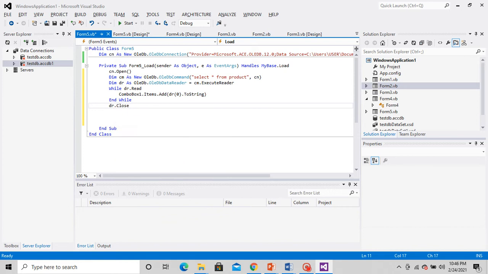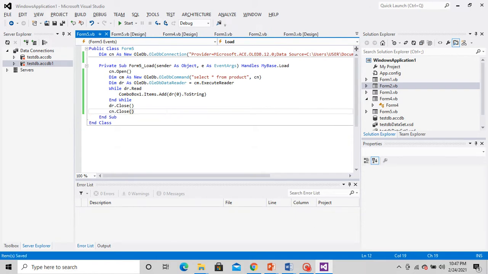So now we have added the items to the combo box. We are going to close the connection. Now let us run once and see.